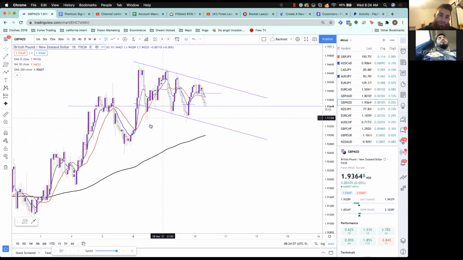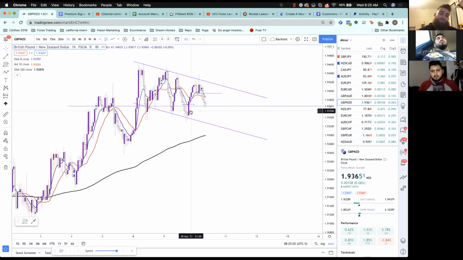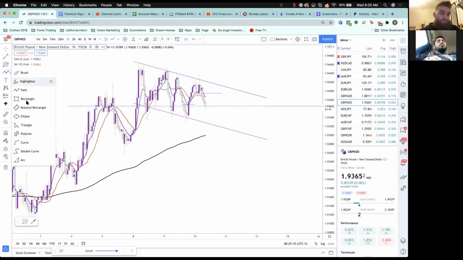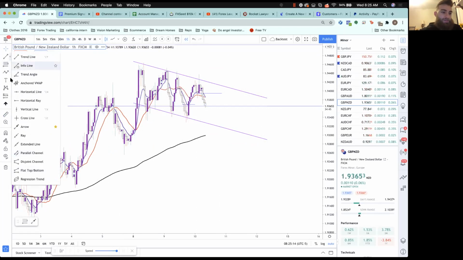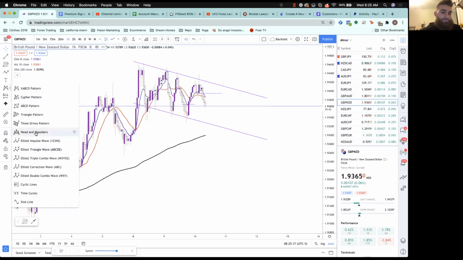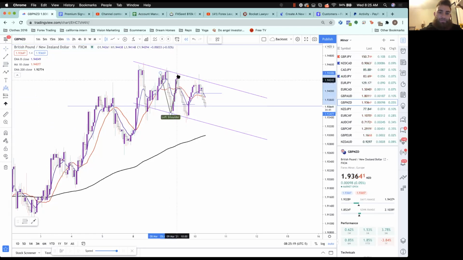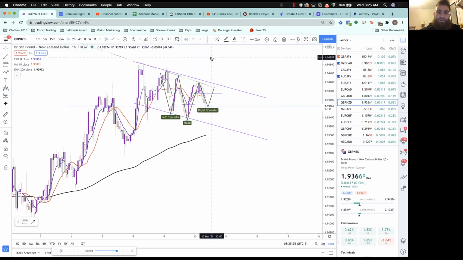Yeah, I mean, potentially. I don't know if he's talking about something like this, but it looks a little screwy. I guess this would be the left, bottom, right. So maybe that's what he's referring to with the head and shoulders. So that actually is a decent one. Let me pull that up. So we have this left head right here, right shoulder potentially down here, and then obviously the break to the